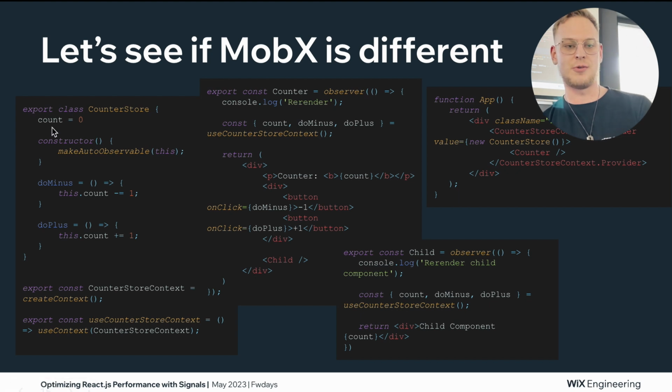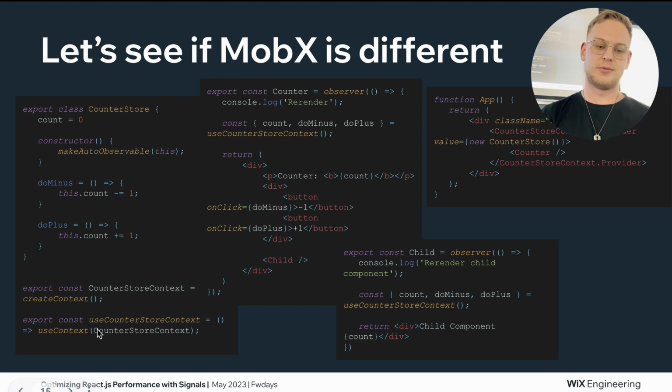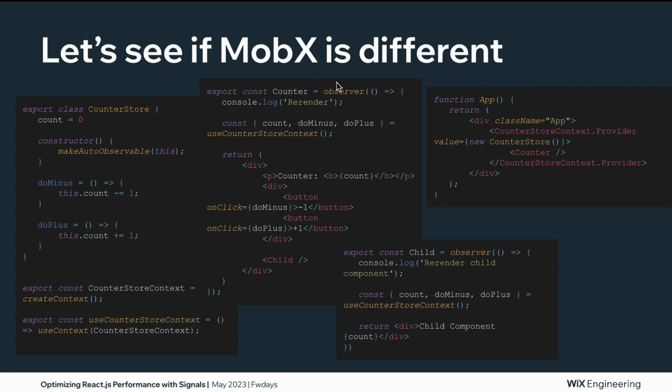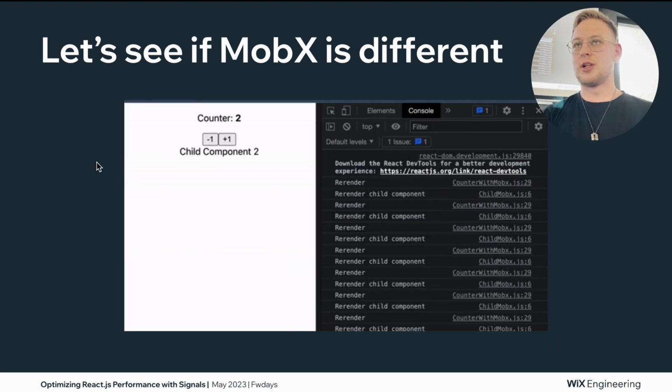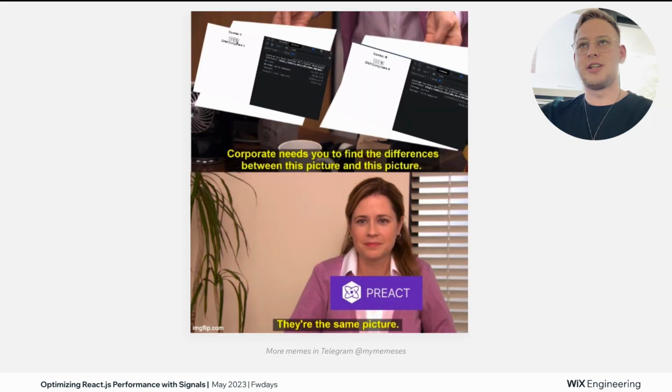So here we use counter store, as MobX suggests. We also created the context and one more hook to use the context in the component. And we make the counter component observer, as well as child observer, and use context provider right here, where we created a new counter store. And counter store is observable. So in the end, if we implement that, we will have, again, the same behavior, because they're the same picture, right? And it's just because React works this way. This is the highest amount of optimization you can give. But